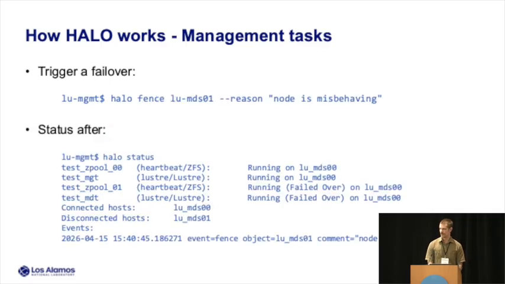Another common administration task is needing to trigger a failover. If you want to trigger a failover by hand, the way you do that is with the fence command. You give it the host name of the node that you want to power off, and then there's an optional reason field where you can say why you're doing it. That reason is persistently logged, so later, or maybe your coworker is taking over on call, they know why you